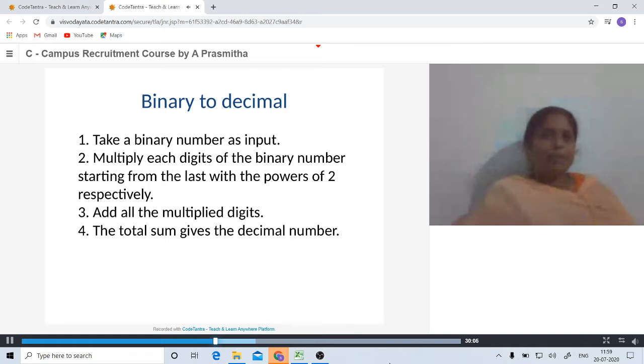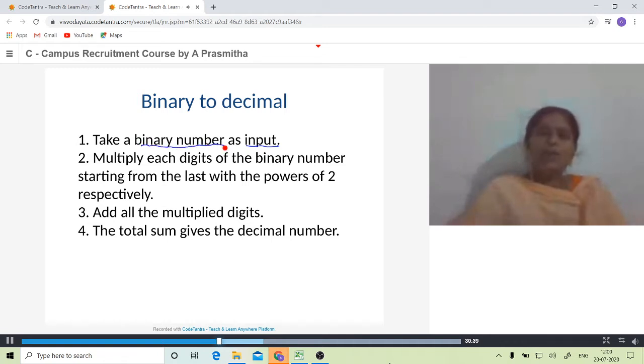Now we are going back. Now we want to convert in the reverse order. That means up to now we were converting a given decimal number into other number systems like binary, octal and hexadecimal. Now we are going to convert the other number systems into the decimal number system. So first thing we are trying to do is convert a binary number into a decimal number. So here the input is a binary number.